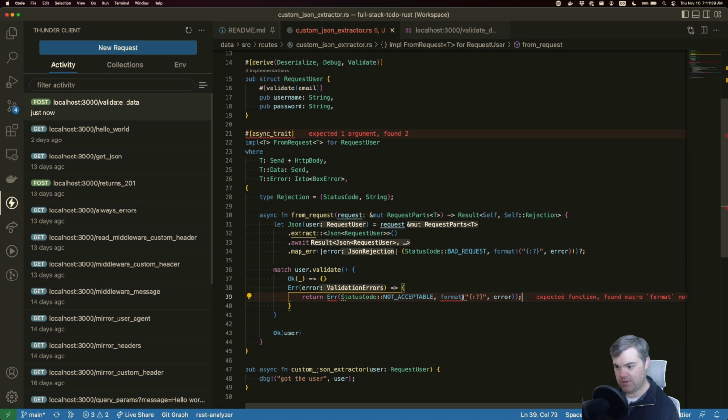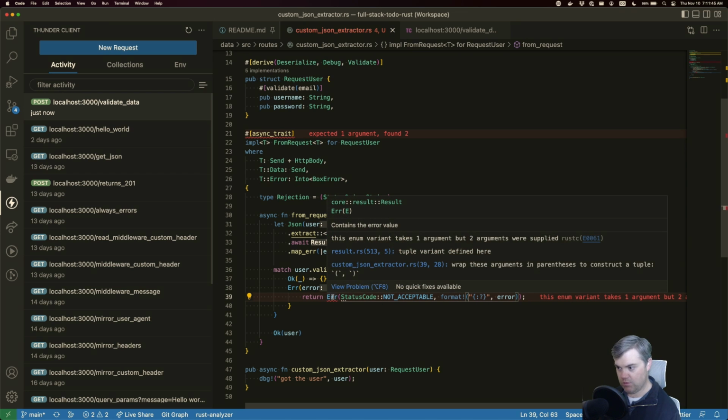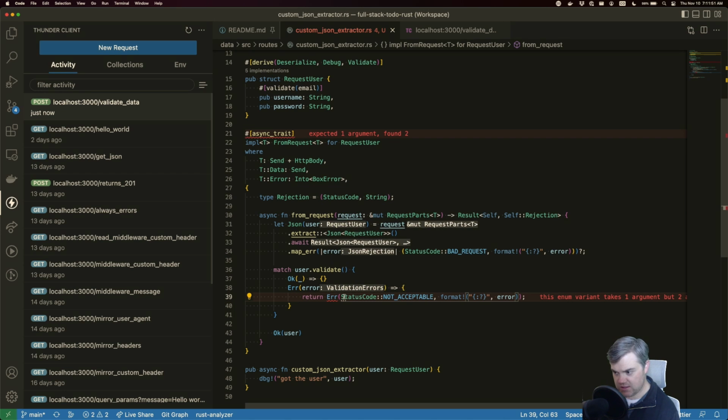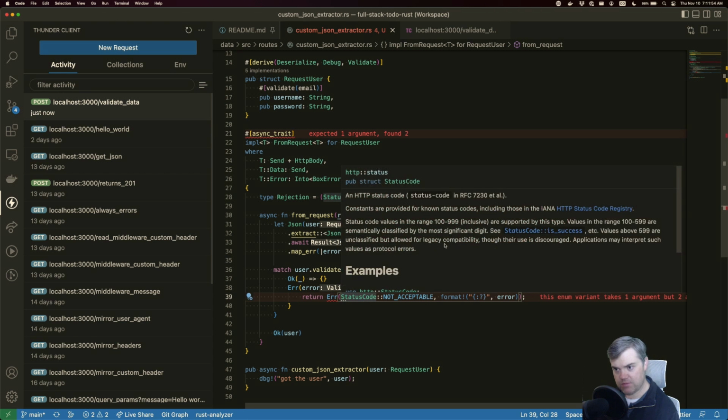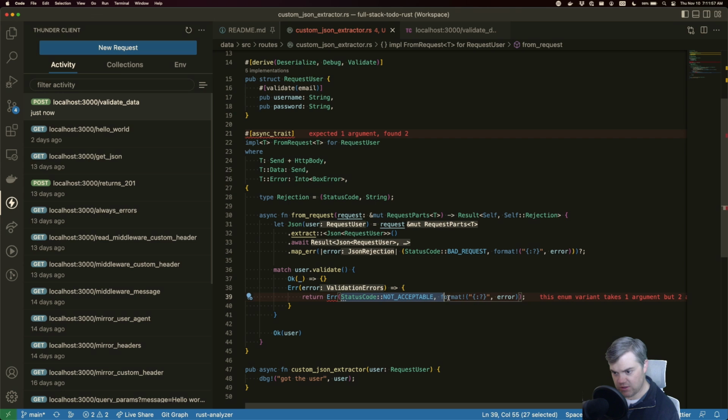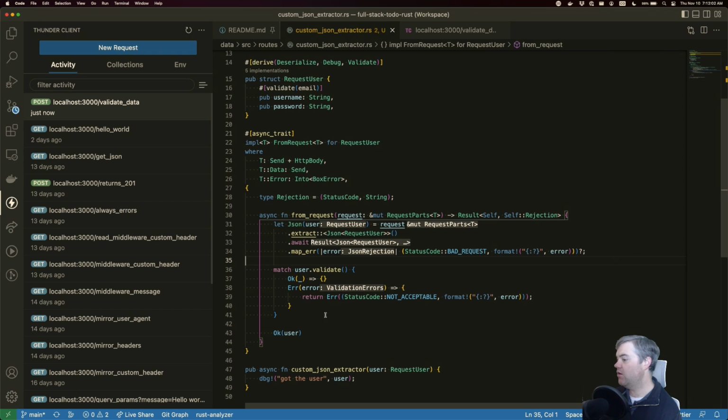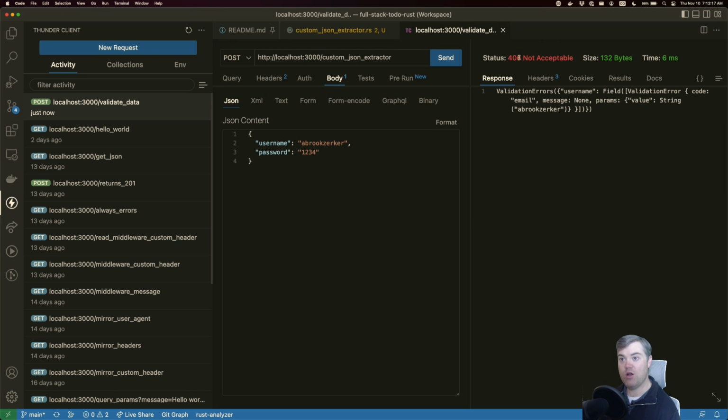Okay, format is a macro. Why are you upset? This enum variant takes one argument. Oh yeah, tuple. So you are tuple type in there. Okay, and then if we're good, we get an okay here. Really, this could be an if let error at this point, because if we don't care about the okay, we might as well just do that as an if let error. Okay, so back to the client. If I use username like that, we get a 406 not acceptable, and validation errors username